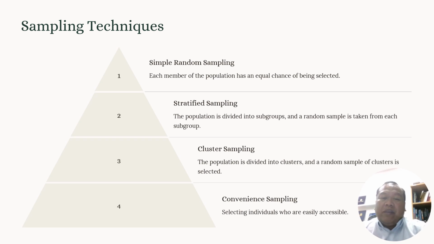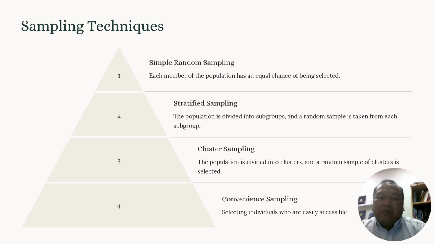Now, stratified sampling: the population is divided into subgroups and a random sample is taken from each group. For example, there are 50 students in the class, you divide them into 5 groups, so 10 people per group. How do you call it stratified? For example, students who are age 10, students who are age 20 to 25, you group them. Students who are boys, you group them. Students who are girls, you group them, and then you get one sample from each.